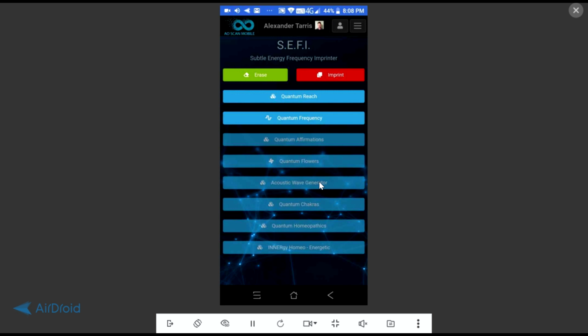Acoustic wave generator, this is more like Rife types of frequencies. So if you're finding pathogens in your scans and you basically want to target those pathogens, you can do so with this. And you can do some other cool things too as well. And this can be transmitted. There's one way to do it remotely, and there is another way to do it with a device, audio-wise, and